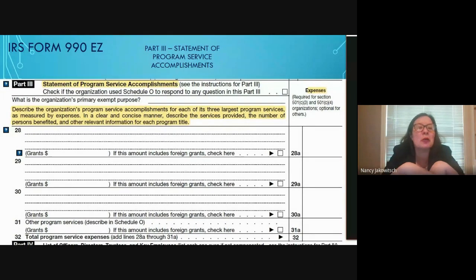So again, in the larger left column, you're looking to describe, in compelling, descriptive language, who you're working with, which communities your programs are serving, and whatever information you can. And again, you have an open-ended place to report this information on Schedule O. In the far right column, expenses, you're describing in detail the total expenses per program activity. And again, Schedule O gives you a place where you can provide more details,